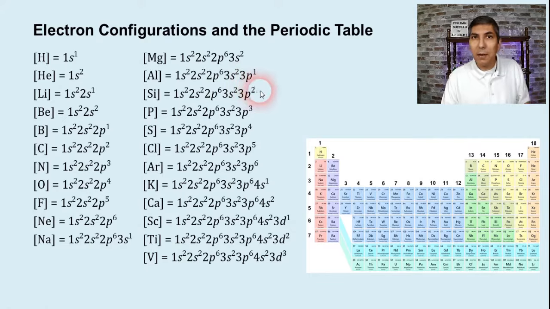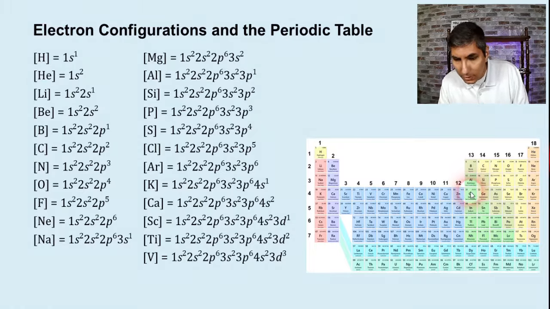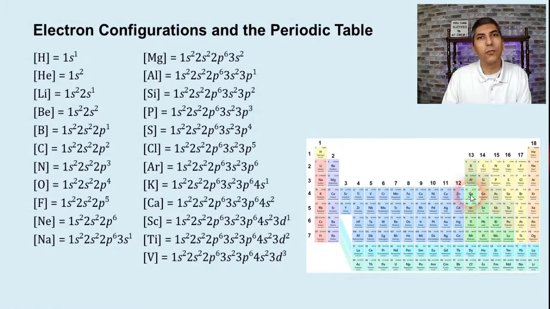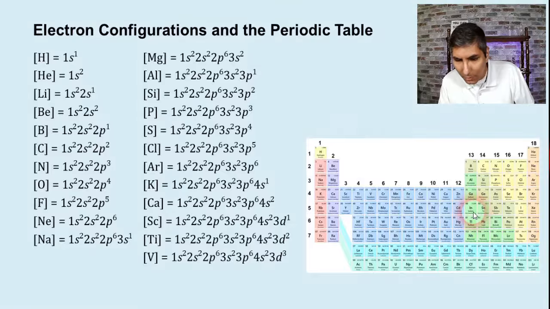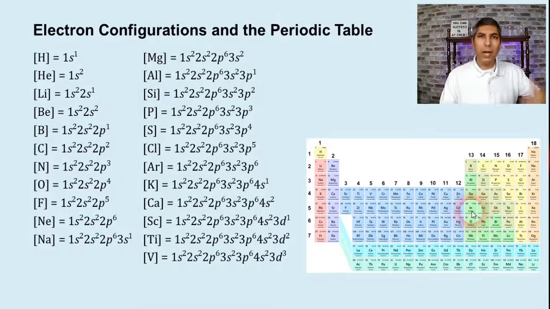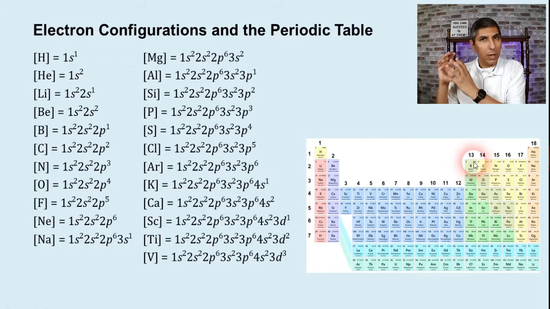Do you see kind of the same type of pattern emerging here? We have 2p1 and then 3p1. And if you had to guess, what do you think gallium's configuration would end with? Well, it would be 4p1, wouldn't it? And we could say the same thing, that indium underneath it would be 5p1, and it would keep on going down the table. So we can see that these here in the 13th group are going to end with whatever the period number is as its coefficient, and then